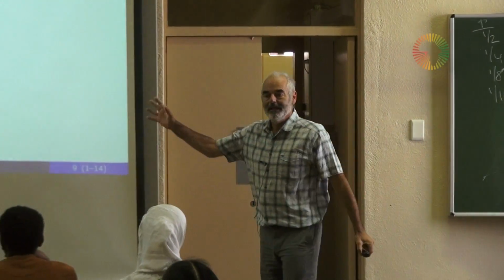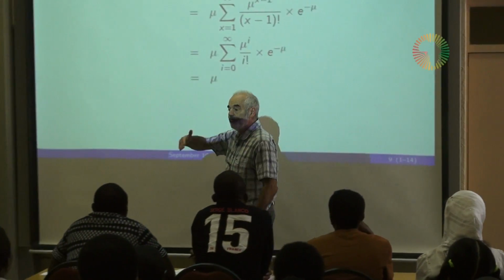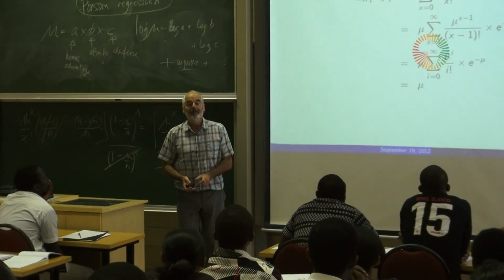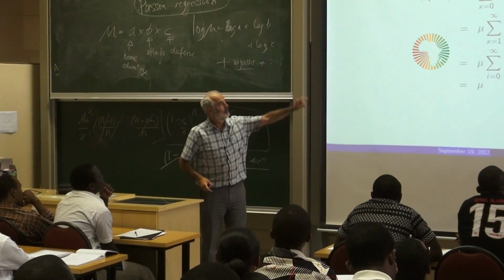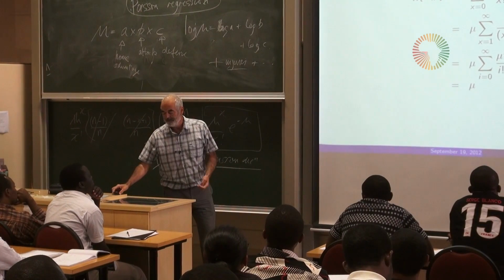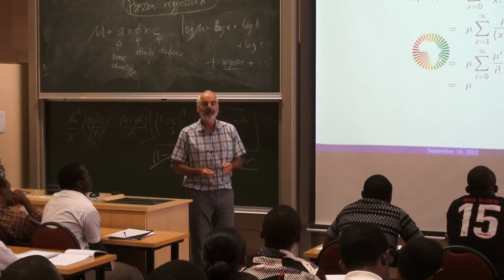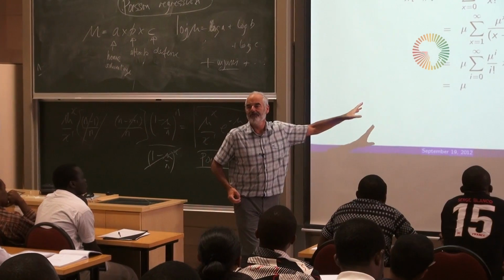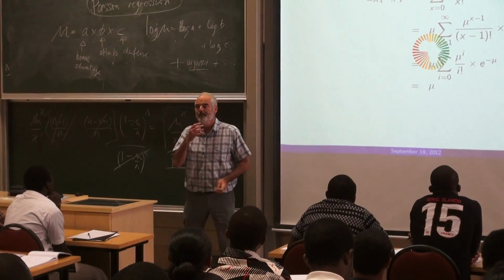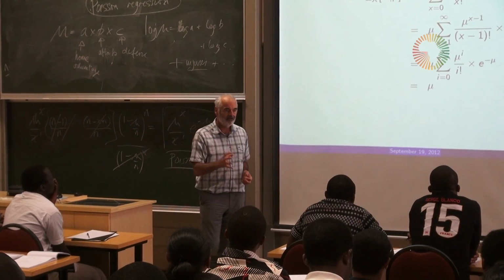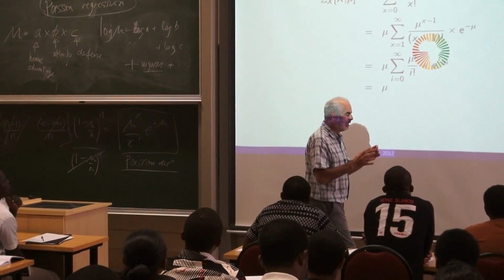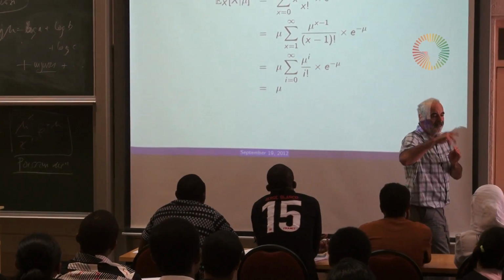Now, the Poisson distribution is on 0 to infinity, but the mean does exist. And I wanted to run through the proof because it shows a pattern we're going to use a lot in proofs. The strategy is to spot when something is a distribution and therefore adds to 1.